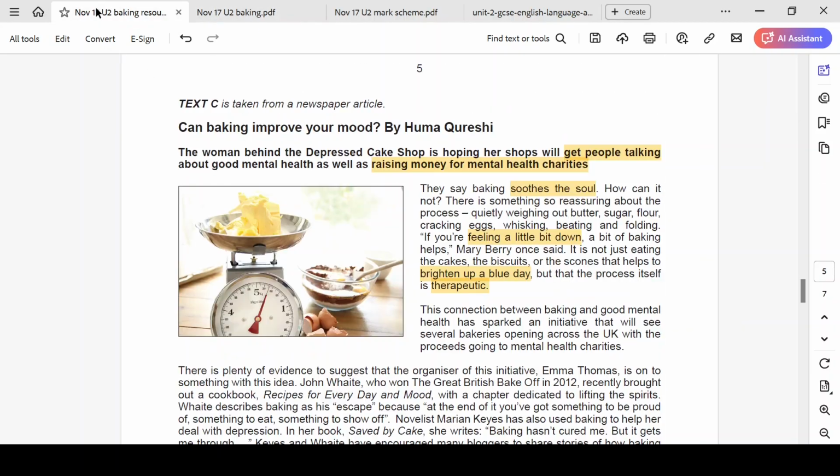How does baking help to improve our mental health? Well, I'd write in my answer that it can get people discussing mental health, which can only improve it, surely. If we raise more money for mental health charities, that can improve people's mental health as well. So I'd write these in my own words, but I know that these are going to be relevant to my answer. So just to give an example, let's do a bit from here. Baking soothes the soul. If you're feeling down, da, da, da, da. So I would write,